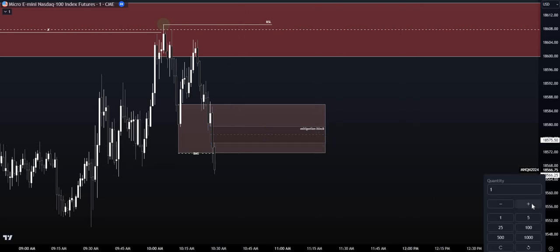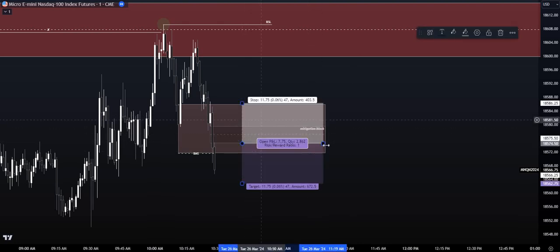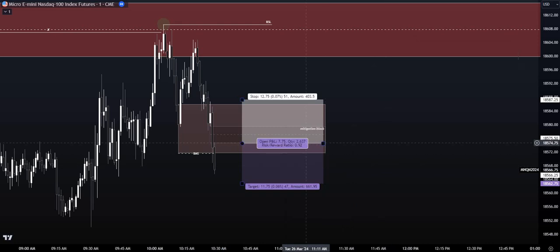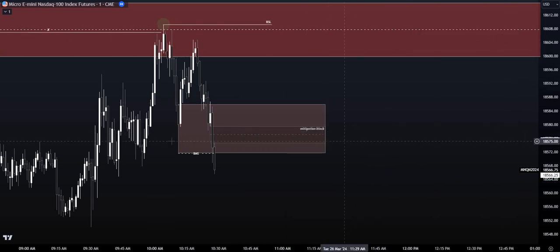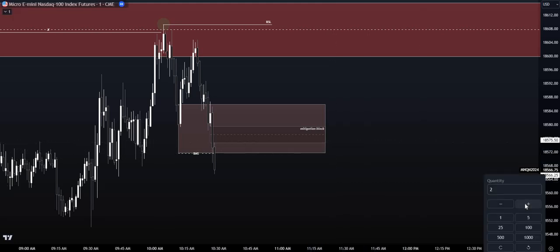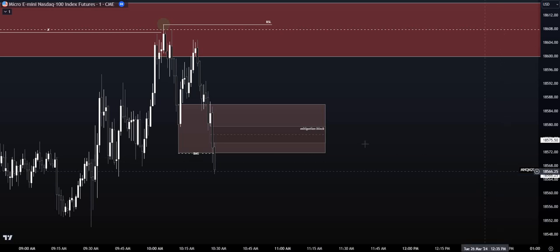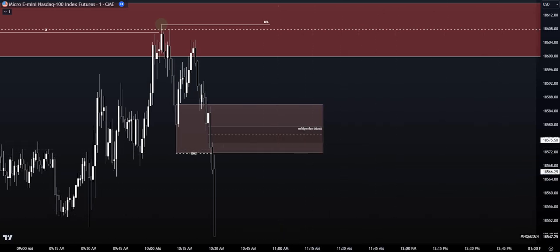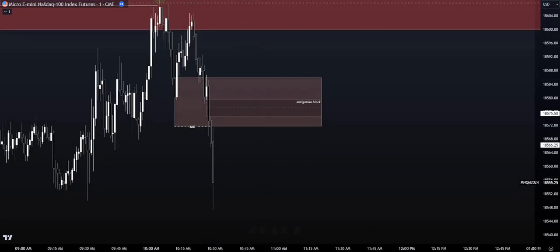Remember, we're using 0.25% size, right? So if we entered here, 0.25% of $100,000 is $250, all right? So if we would create an entry here, we want to risk 0.25%, all right? So I'm going to assume that is going to be about 5 micros here, all right? So if we do that, if price comes back up into here, and see we have huge displacement here.